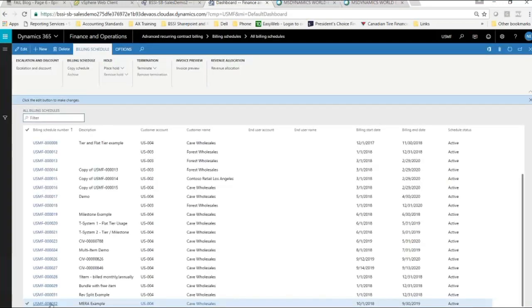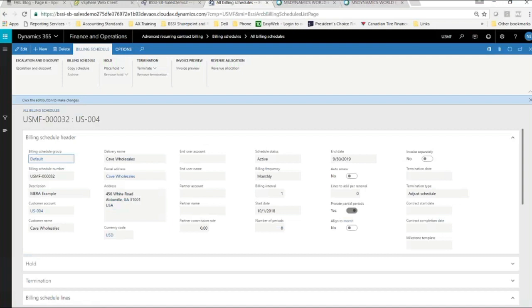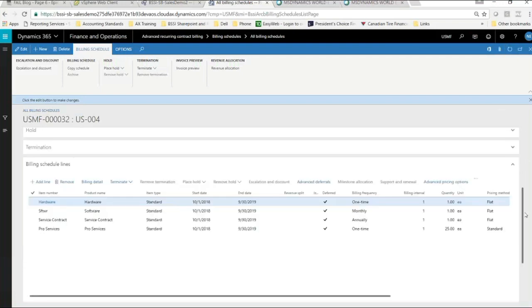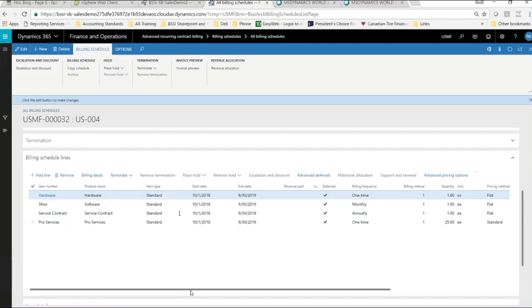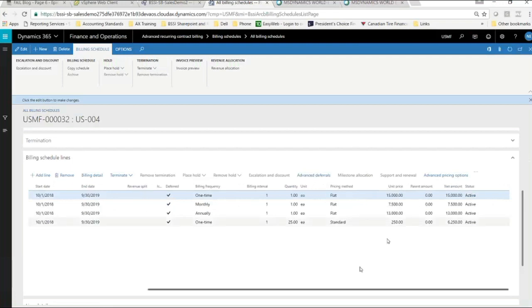When I go and add these items to an actual contract, and I've got an example built out, where I can take all of the items, and you can notice in the lower half of the screen, when I get my items showing here, they're all laid out here, and if I scroll across, you can see I have the unit price. This is what the customer expects to pay for these items. Now, how do these compare with the standalone selling prices? Without software to do this, I've got to take this out to Excel, do that calculation, and manually journalize it